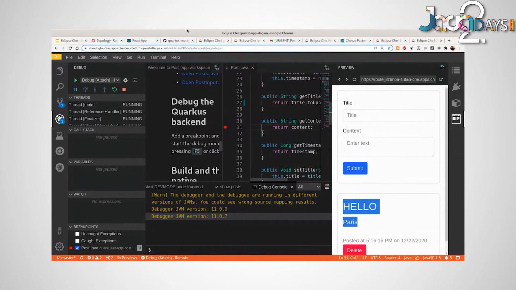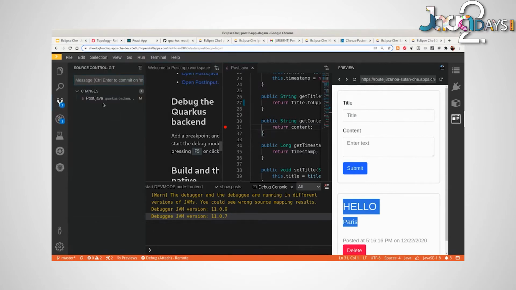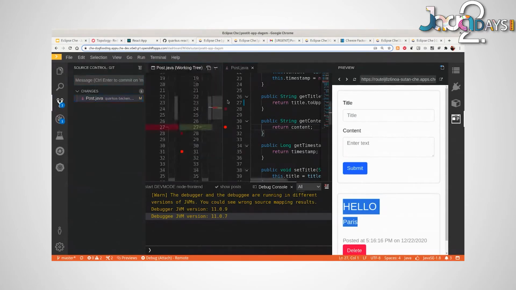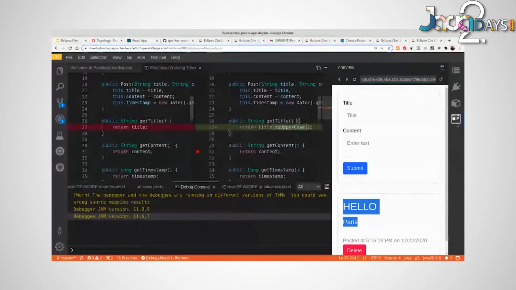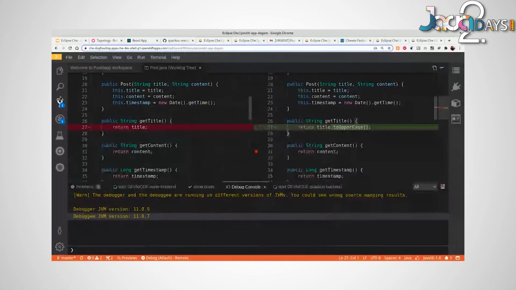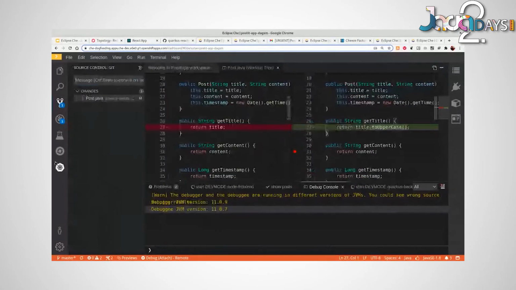Okay, so what else? Yes, of course there is the Git. Oops, I'll close that. There's this Git panel, and you can diff, you can push. I have not included the pull request panel, but you can include the plugin to make a pull request as well. And what else? There is